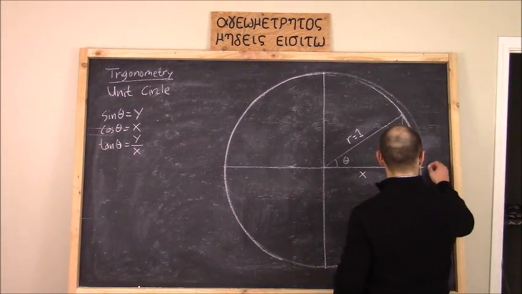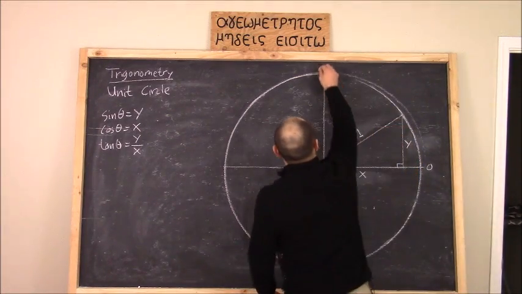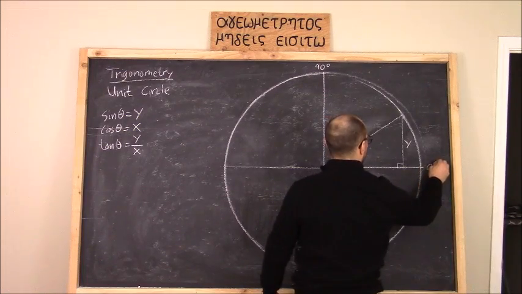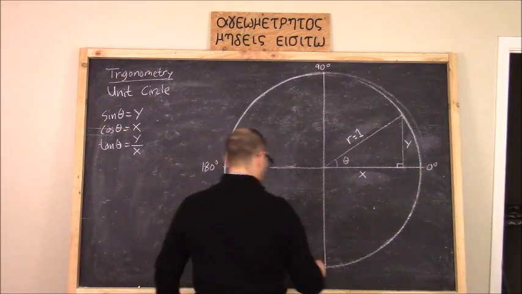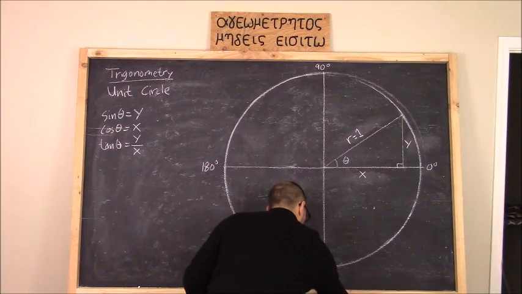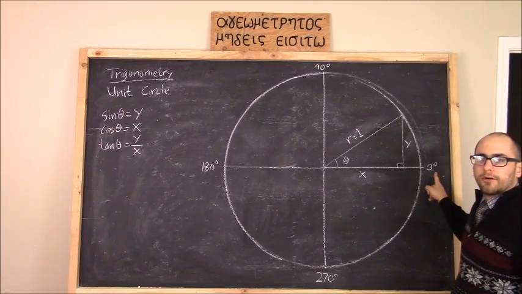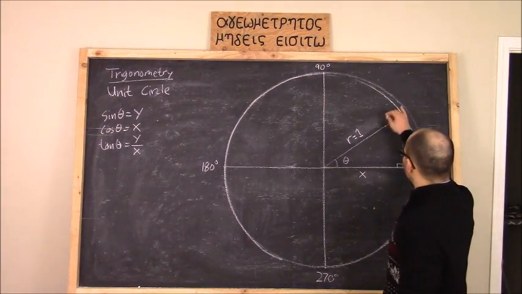When theta is equal to 0, when theta is equal to 90 degrees, there, 180 degrees, 270 degrees, and then back here we'd be at 360 degrees. Those are important. There are some intermediate points